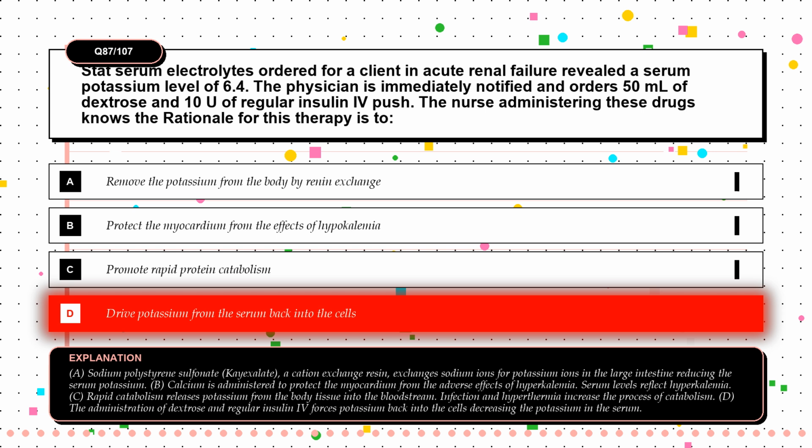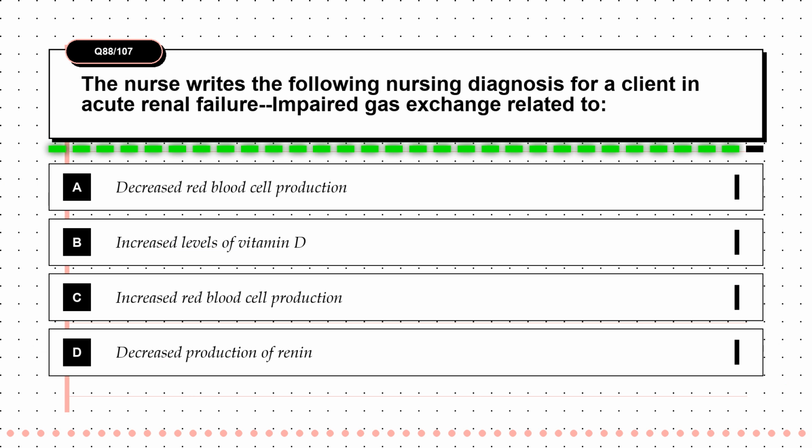C. Rapid catabolism releases potassium from the body tissue into the bloodstream. Infection and hyperthermia increase the process of catabolism. D. The administration of dextrose and regular insulin IV forces potassium back into the cells, decreasing the potassium in the serum. Question 88. The nurse writes the following nursing diagnosis for a client in acute renal failure: impaired gas